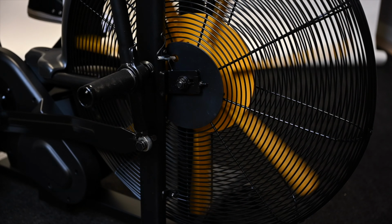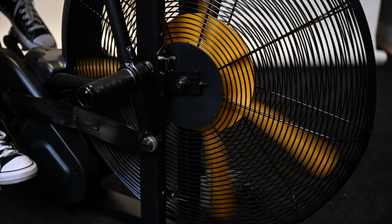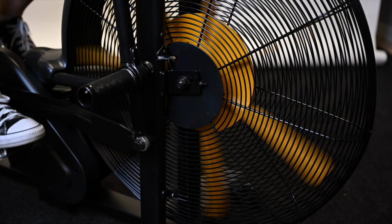It has this huge fan, basically like a propeller. And I'm a big fan of this fan because you can actually remove the fan guard, and it will blow at you in the summertime if it gets too hot. In the winter time, you can put the fan guard back in place, and you don't experience as much airflow. And I gotta tell you, 10-15 minutes on this bike, it's gonna wear you out,